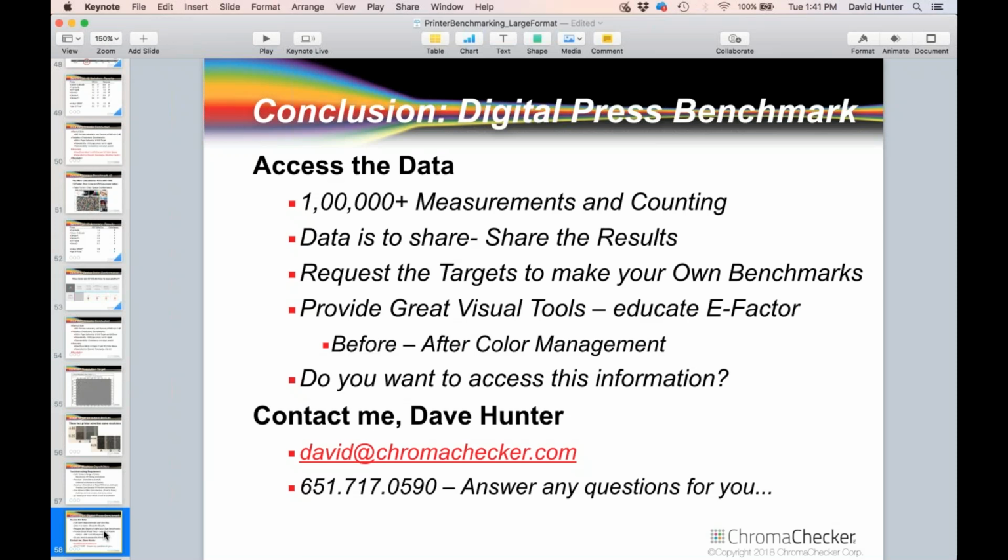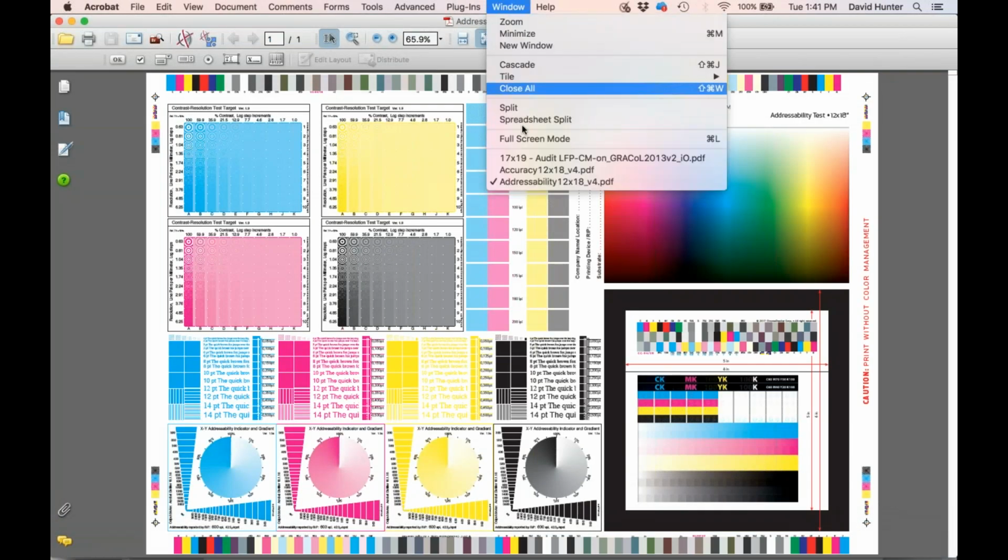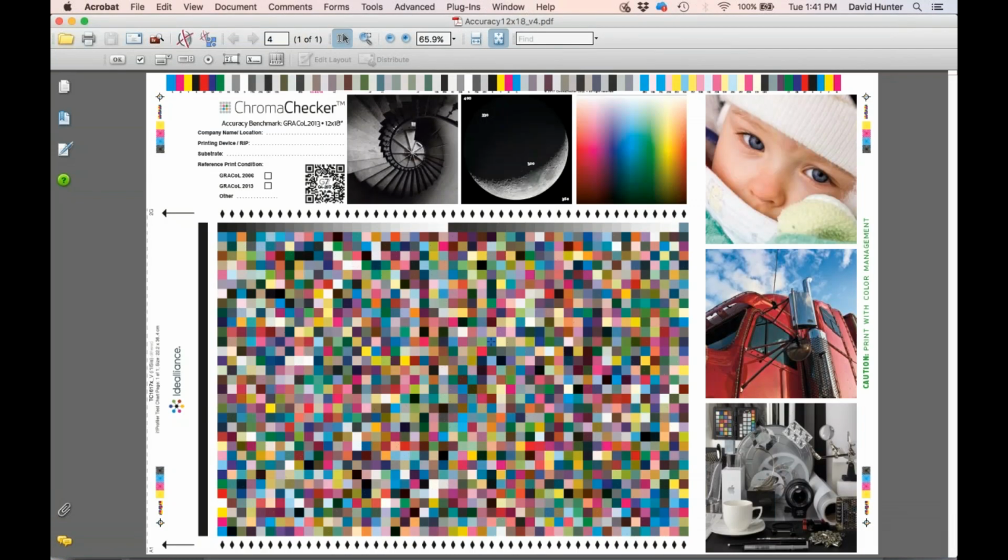Well, that being said, I'll offer everyone who's on the call today the ability to measure these targets for you. So essentially, you can tell me that you'd like these targets. Here's the actual PDFs. Here's our